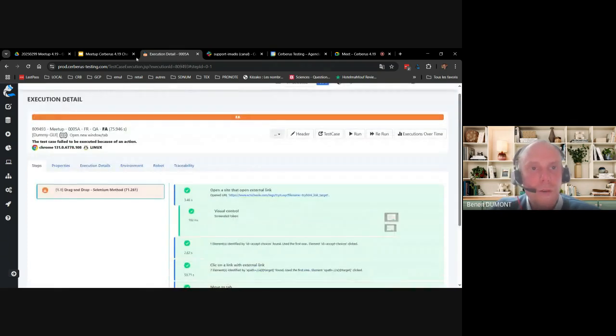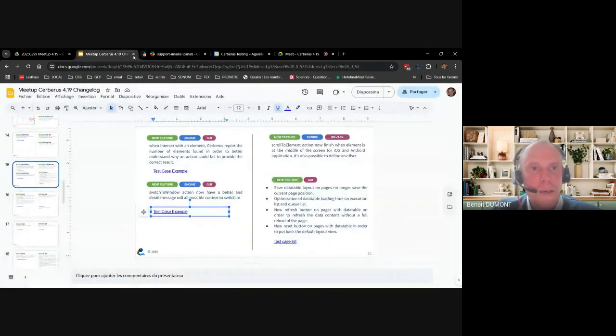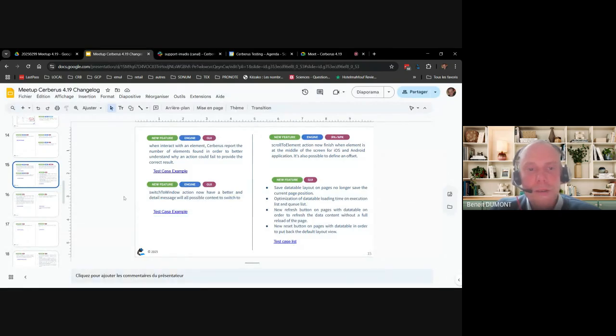That's again quite convenient when you want to switch windows and you're a bit blind on which URL or which title to point to in order to select the correct element.